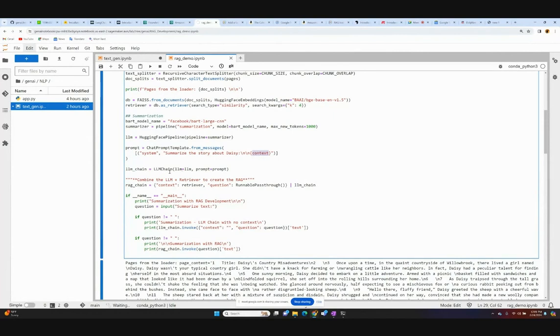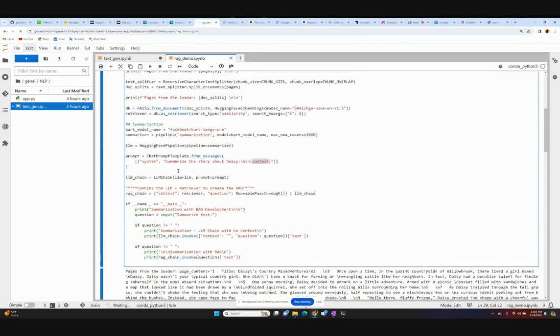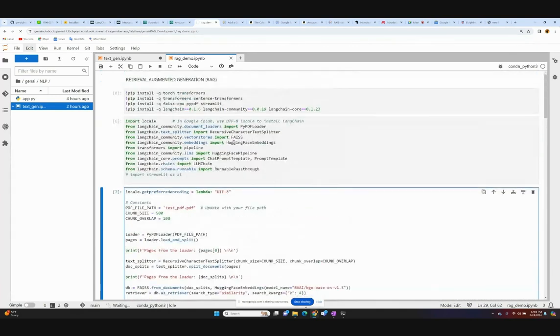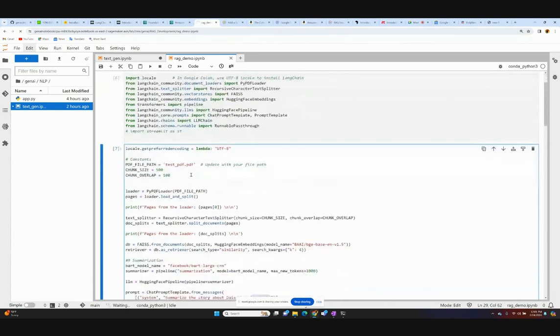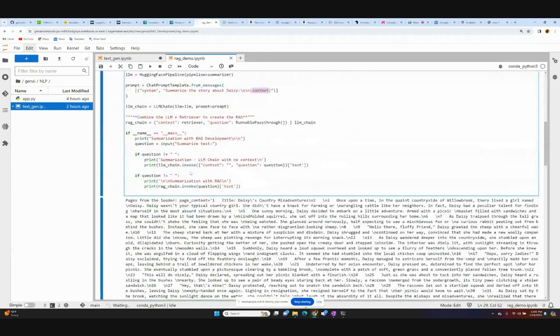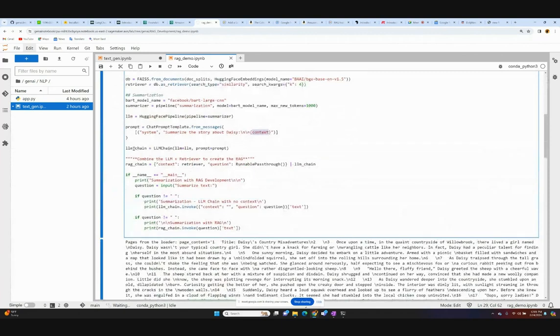So this is the LLM chain. This is an LLM chain, I think from LangChain. Where is that? Yeah, from LangChain. So there we get an LLM chain. We pass in the model and then the prompt. So this is the querying of the LLM, right? The Facebook BART large CNN without